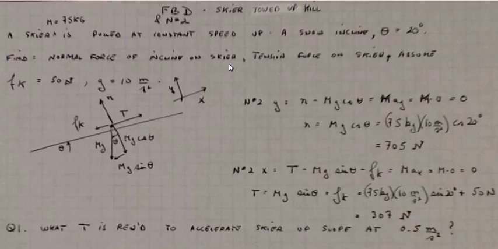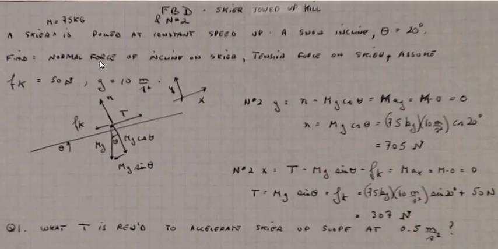So this is a free body diagram and Newton's second law for a skier being towed up a hill. Let's say we had a 75 kilogram skier, and the skier is pulled at constant speed up a snow incline. The steepness of the incline is 20 degrees, and after drawing the free body diagram, we'd like to know what